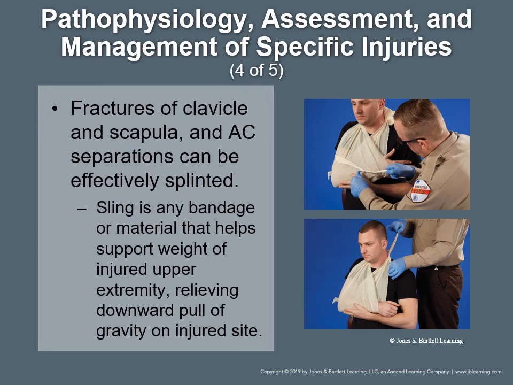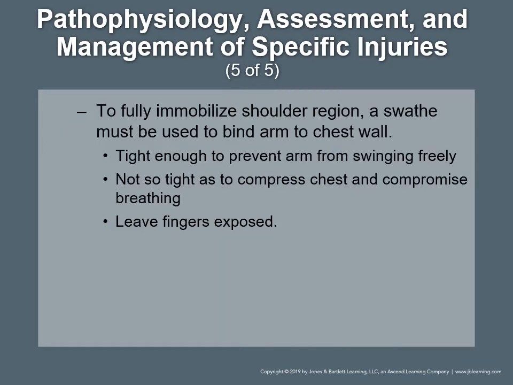Fractures of the clavicle and scapula and AC separations can be effectively splinted with a sling and swathe. A sling is any bandage or material that helps support the weight of the injured upper extremity, relieving the downward pull of gravity on the injured site. To effectively apply a sling, use gentle upward support to the olecranon process of the ulna. The knot should be tied to one side of the neck so it does not press uncomfortably on the cervical